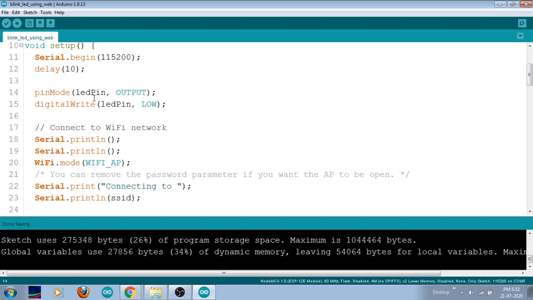So I'm adding this http and double slash, and afterwards I'm printing the local IP address which is allocated for my NodeMCU. Since I have connected my NodeMCU to the hotspot, my mobile phone hotspot may allocate one particular IP address automatically to my NodeMCU. If I want to know that IP address, this is the command. In Serial.println, I am putting this because I need to see it in the serial monitor, right? So for that I am using the function WiFi.localIP. It means that it will give me that particular allocated IP address in my serial monitor.